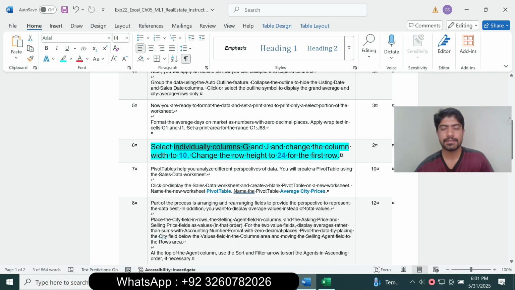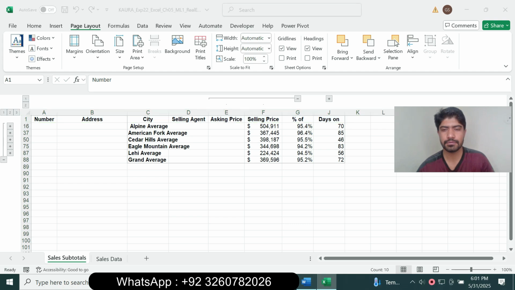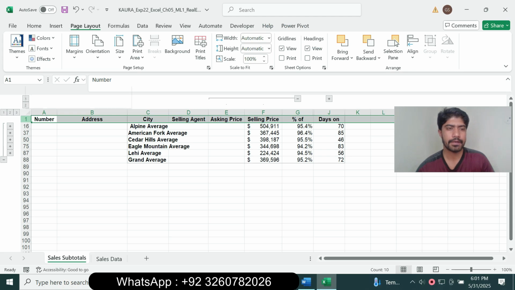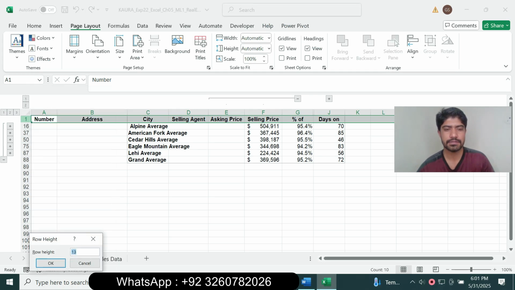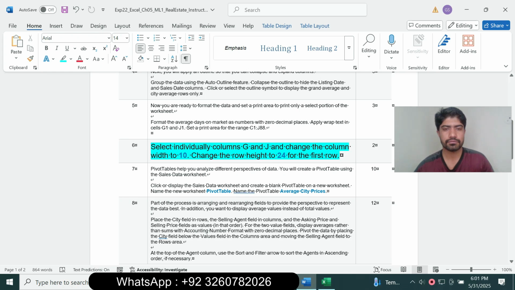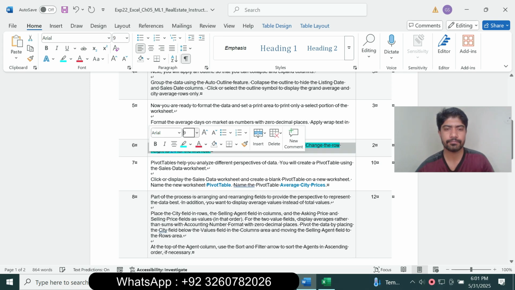Next is change the row height to 24 in the first row. So select the first row and change the row height to 24. Right click and click Row Height, type 24 and click OK. So question number 6 is complete and we move to question number 7. So question number 7 is